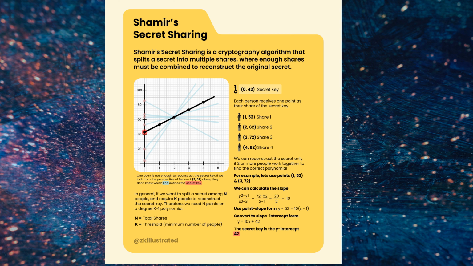So here we can see that we're calculating the slope from these 2 points, 152 and 372, in order to get the y-intercept, and the y-intercept is going to be 42, which is the secret key. But any individual who wants to reconstruct the original secret just based on their point would be unable to do so. So the point of multi-party computation is to allow different parties to use a protocol that protects their data